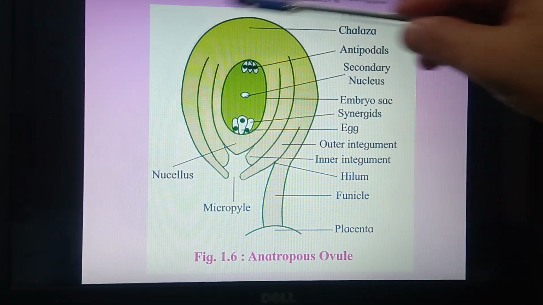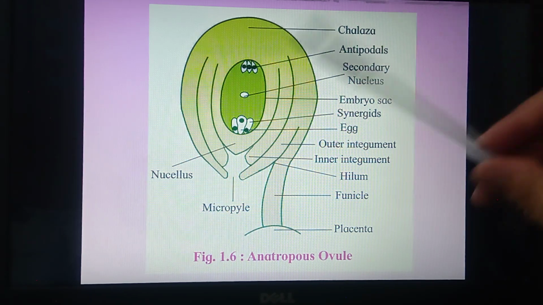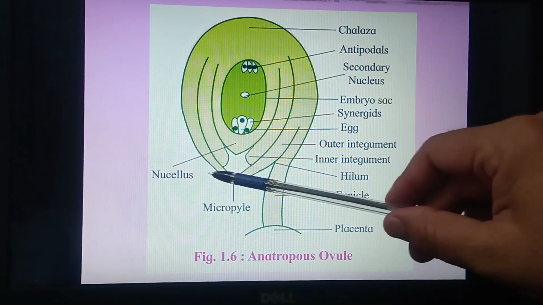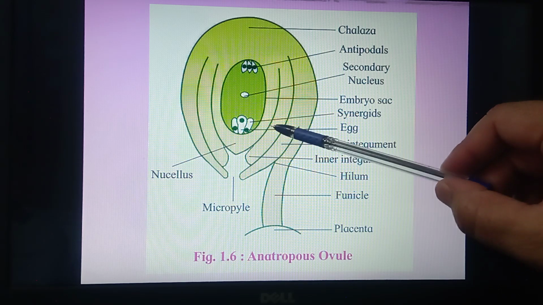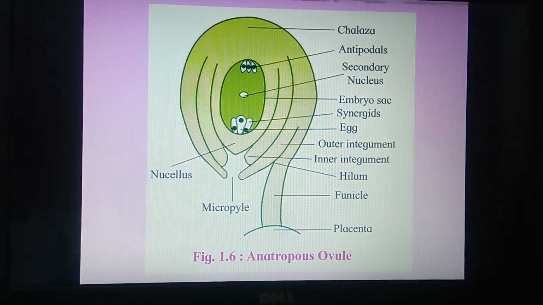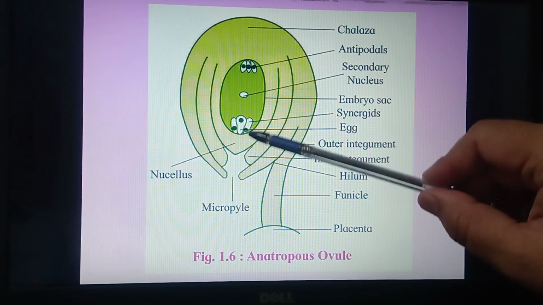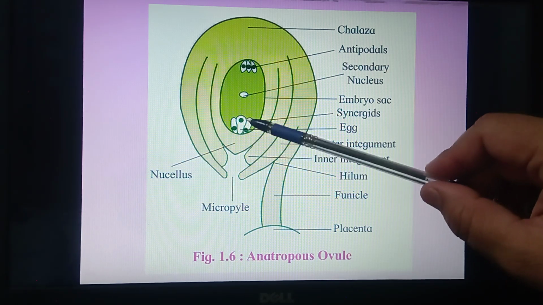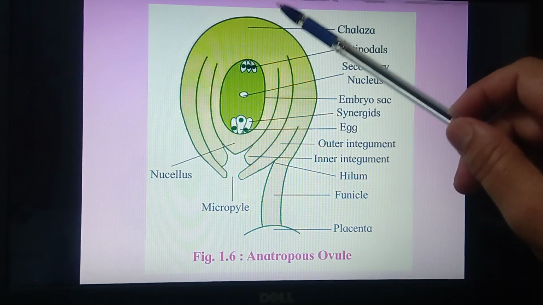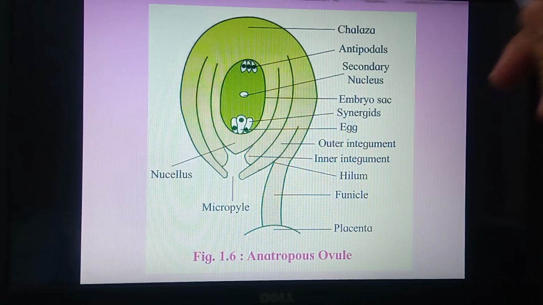The next one, body of the ovule. Inside the body of the ovule, you can observe the main region is the nucellus. So this one is the nucellus. This entire part is of what? Nucellus. The name is given over here. So nucellus is a parenchymatous tissue present inside the anatropous ovule. One of the cells from the nucellus starts to act as a megaspore mother cell, and this megaspore mother cell further develops into the megaspores, functional megaspore, and then female gametophyte.